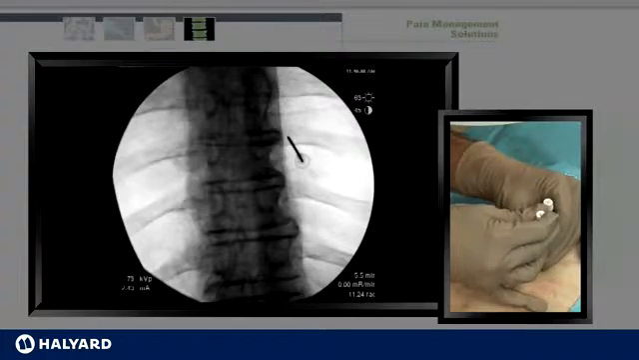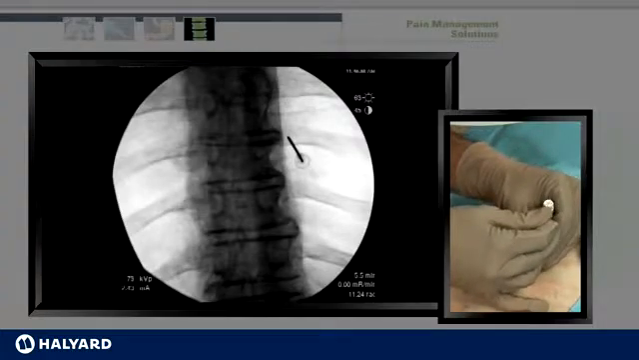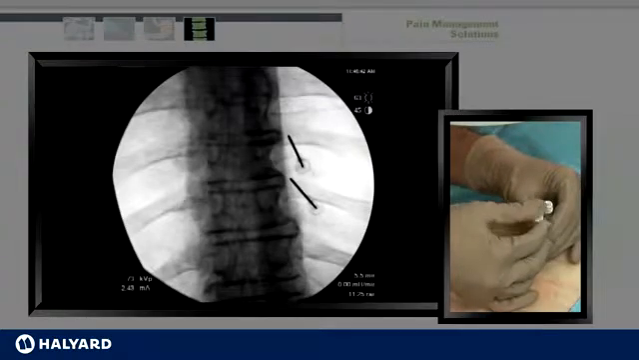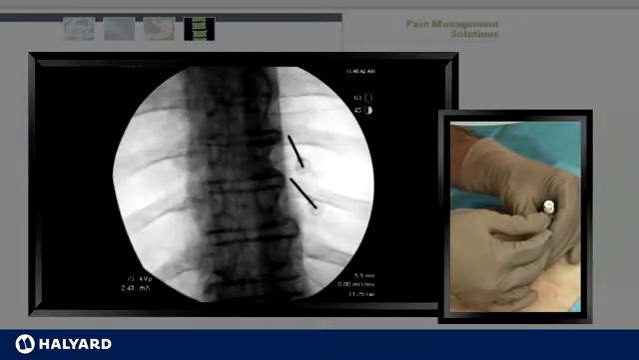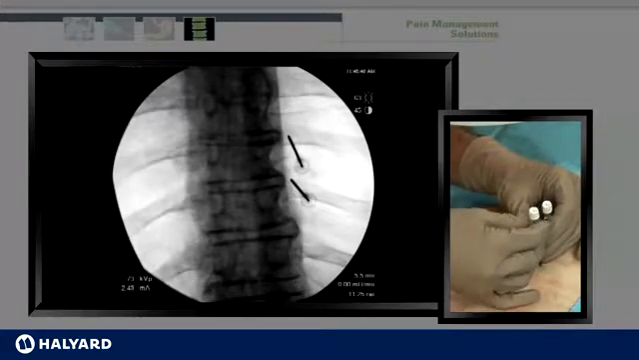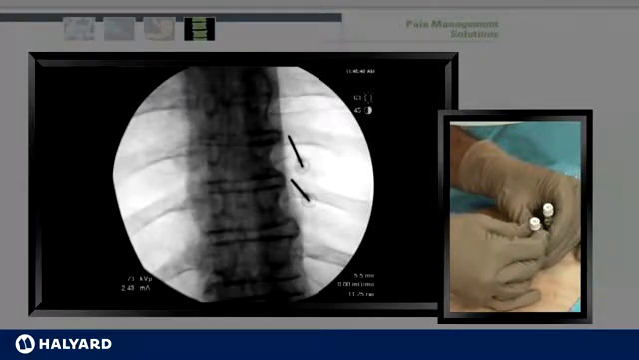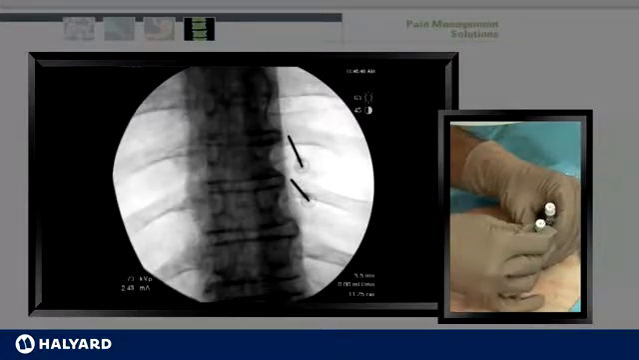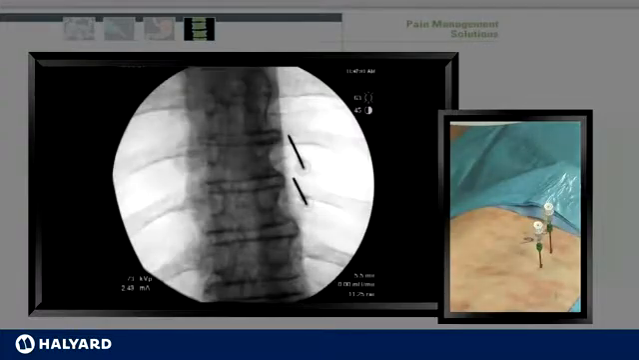Again, using a slightly inferior approach so that I can continue to use the bone of the transverse process as a safe bony backstop. Once I've placed the needles and I have bony contact,